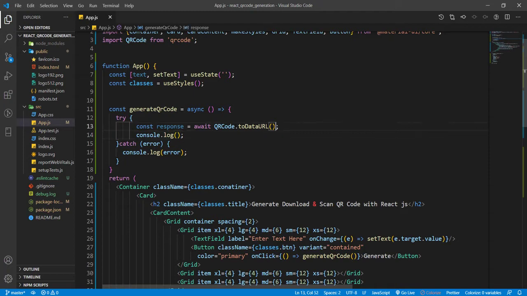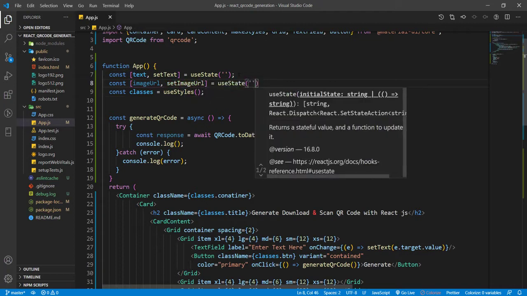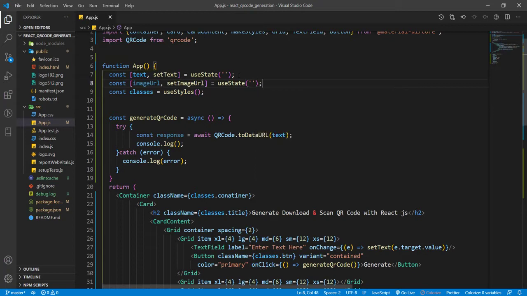So here we can use this text, and for the image URL we have to maintain another state, imageUrl, that we have generated by QR code, and setImageUrl with useState. This will also initially be empty,